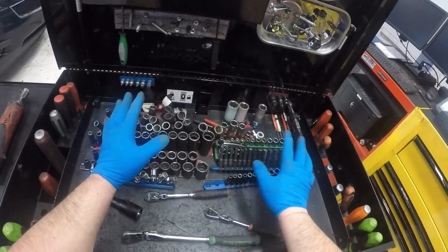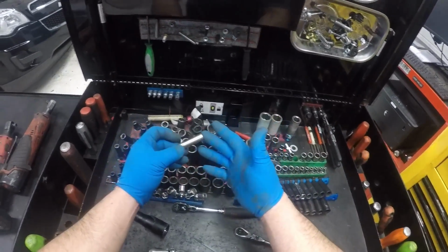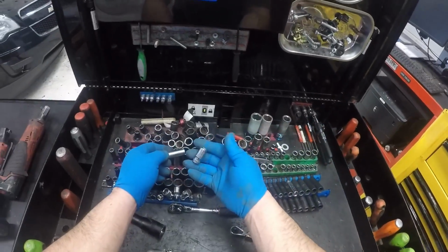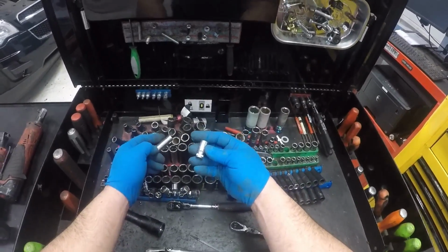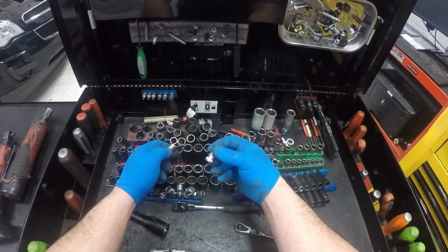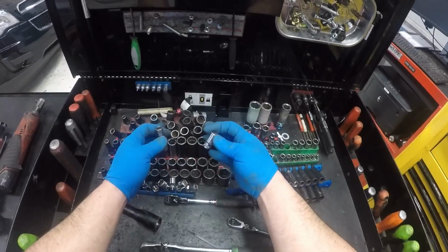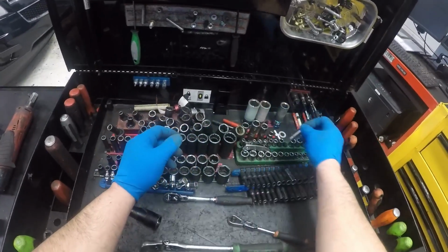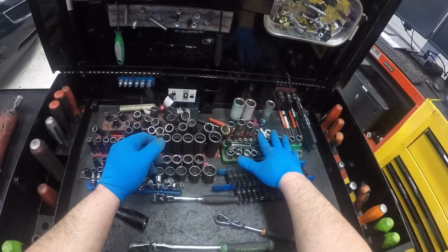You're going to want to pick up some sockets. Now, 1/4 inch drive, you don't have to buy Snap-on. In fact, this set right here is Gear Wrench. Gear Wrench makes some really good chrome sockets. I've had these for a couple years now. Semi-deeps, love them. They're great. So get yourself a set of deep well metric,